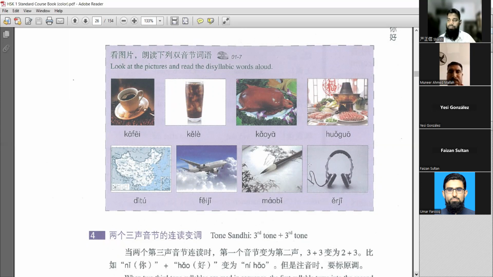看图片，朗读下列双音节词语。 Look at the pictures and read the disyllabic words aloud. 咖啡、可乐、烤鸭、火锅、地图、飞机、毛笔、耳机。